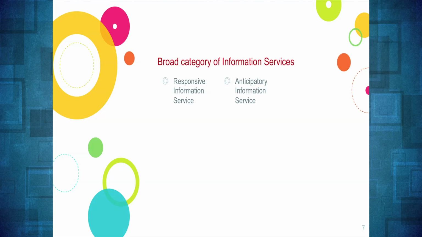So, on the basis of these information needs, the library has to start various services. Why are these information needs important? Because information services are only for the users and the stakeholders of the institutions. If we do not provide appropriate information services to the user, they will not have any use, and